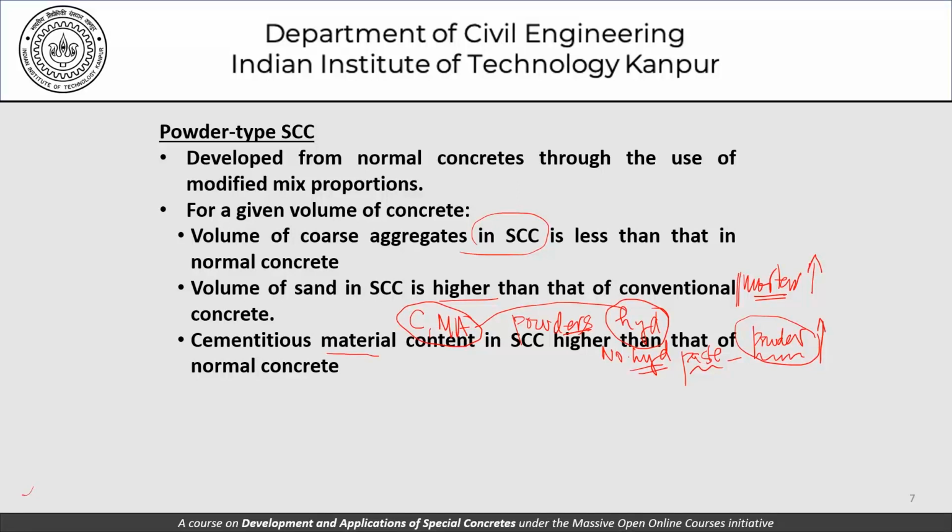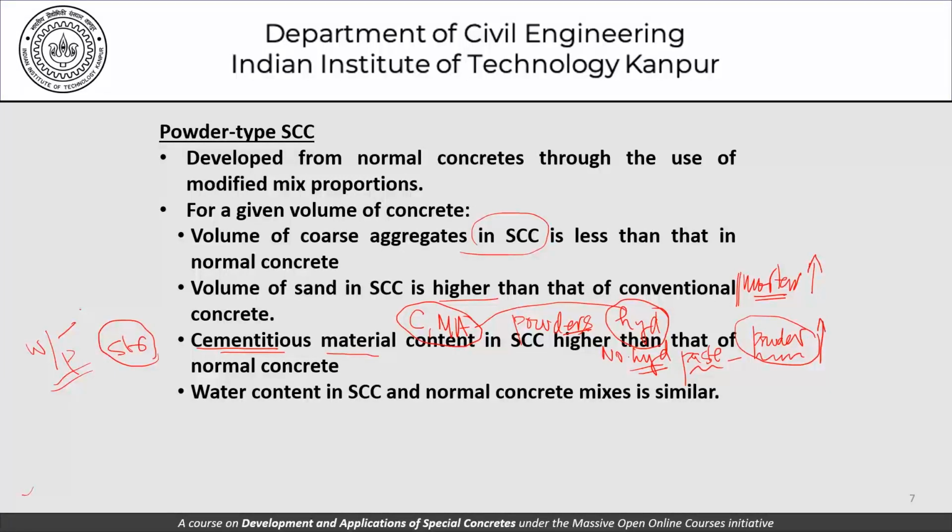Please remember that the cementitious material content, the terminology is very useful when we are talking in terms of strength. But when we are talking of the water to powder ratio, then we are really interested not so much in strength, but the segregation resistance or viscosity or the kind of properties of the paste in the fresh state.